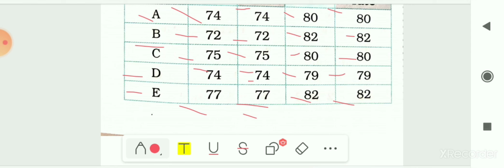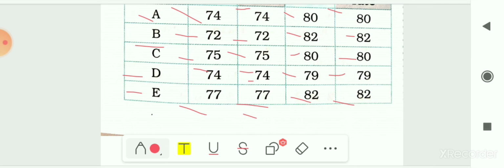So from this table we can say that after exercise or after running, the heartbeat and pulse rate increase, and at rest it is comparatively low. And we can say that the heartbeat and pulse rate are the same for any person. Also, while resting, the pulse rate and heartbeat for the different students are different. That means the heartbeat and pulse rate vary from person to person.